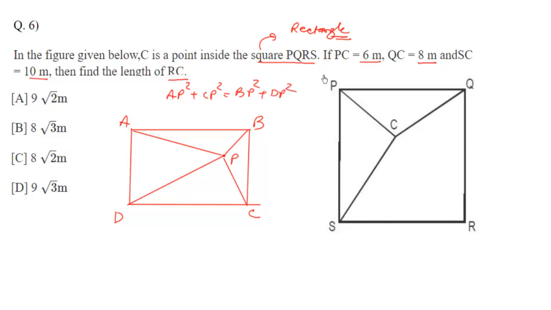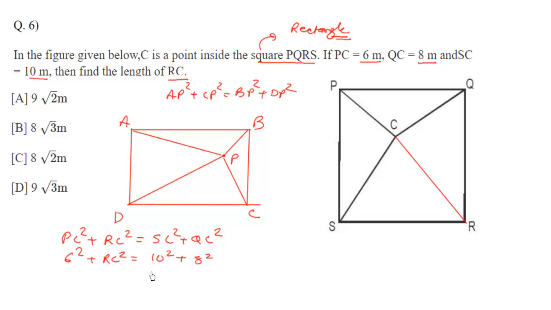Now a square is also a rectangle, so we can apply the same logic here. So we can see that PC squared plus RC squared will be equal to SC squared plus QC squared. Now 3 out of 4 are given. PC is 6, so it will be 6 squared plus RC squared. SC is given to us as 10 and QC is given to us as 8, squared, correct? So RC squared would be what? This will be 100 plus 64, and we'll be deducting 36 out of it. So here we'll be getting it as